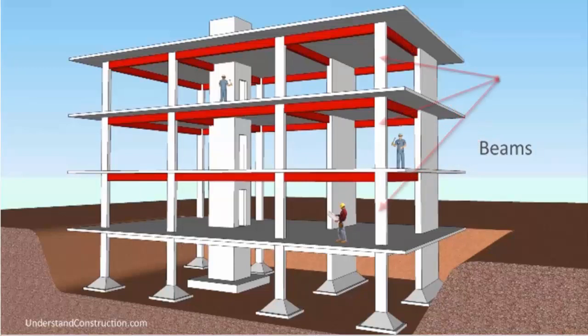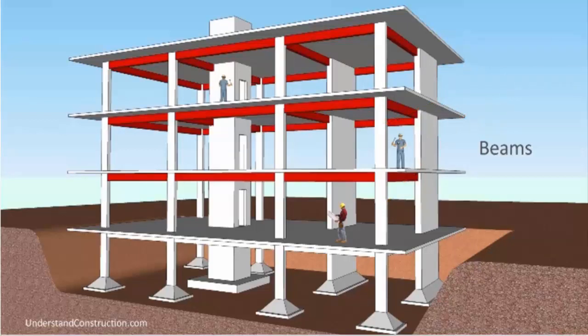Now, then there is another key element in the form of a column. So what's a column? It's a compression member and is a structural element that transmits through compression the weight of the structure above to other structural elements below. For example, if you're living in a multi-storied building, say on the third floor, the responsibility of a column is to transfer the load from third floor to the second floor, then from second floor to the first floor, and then first floor to the ground floor. That's exactly what a column does. It transfers the load from the floor above to the floor below by resisting compression.